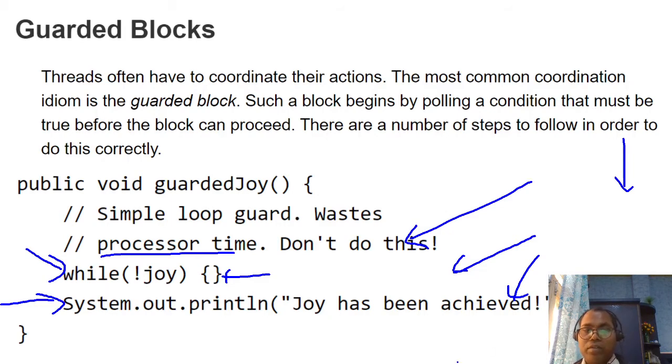Generally a developer doesn't know how to wait for some time or how to wait on a guarded condition, so writes code this way. Please avoid writing an infinite while loop until some condition is met.